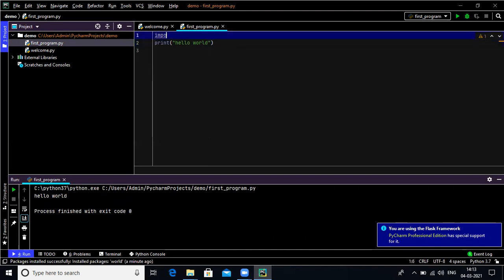So next, in the last video we also saw how we can write comments. In the theoretical part, we'll see only two types of comment, that is a single line comment and a multi-line comment. A single line comment is represented by the hash character, and a multi-line comment is represented like this. Now see here, if I type three double quotes, then extra three double quotes appear, which means your PyCharm platform has completed the syntax, right?